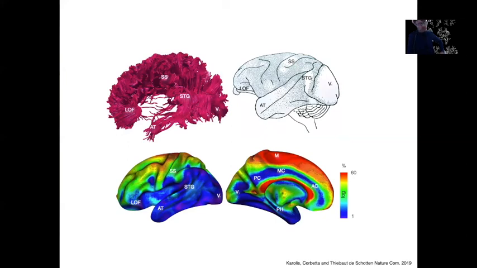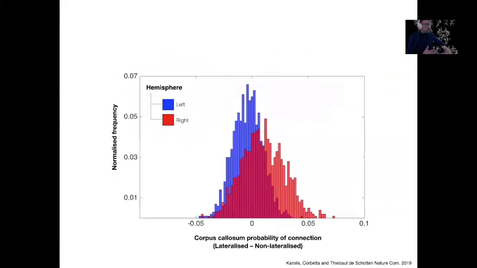Then we tried to look at the number of streamlines, and because there is a lot of crossing, it's kind of a sketchy approach to do. And if you do that, you don't have more streamlines, you don't have more connection, but they're more densely packed. Okay, but streamline is really not the best measure of connection for this.